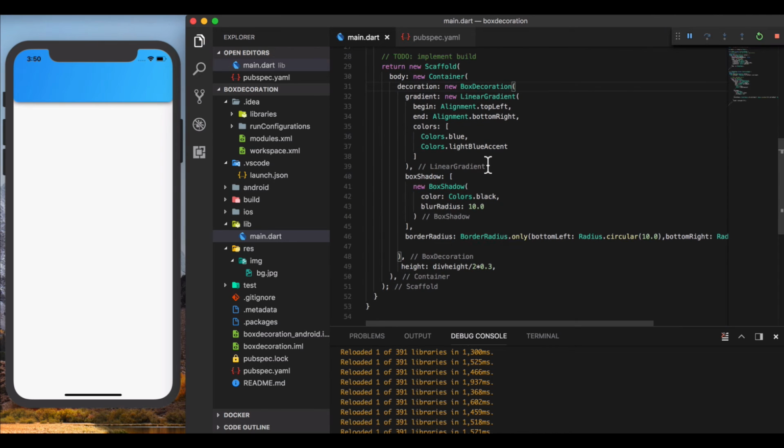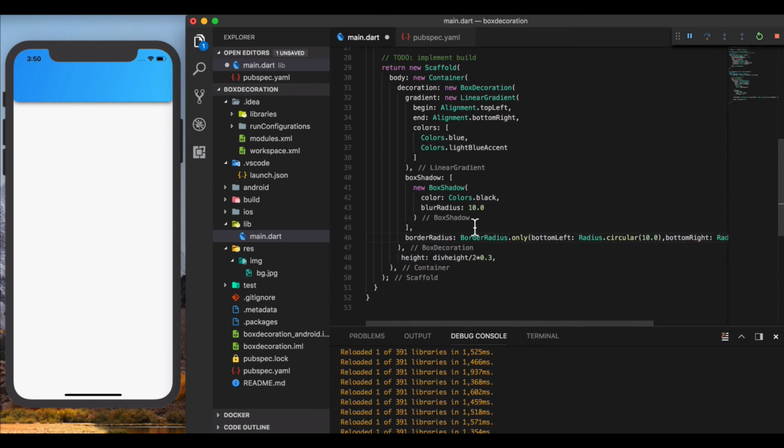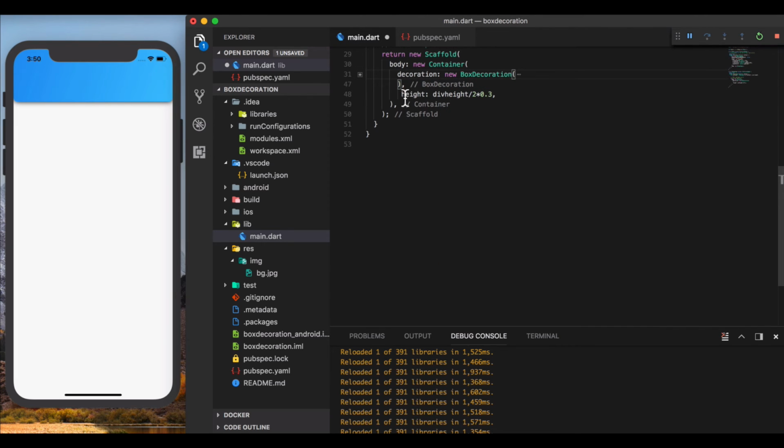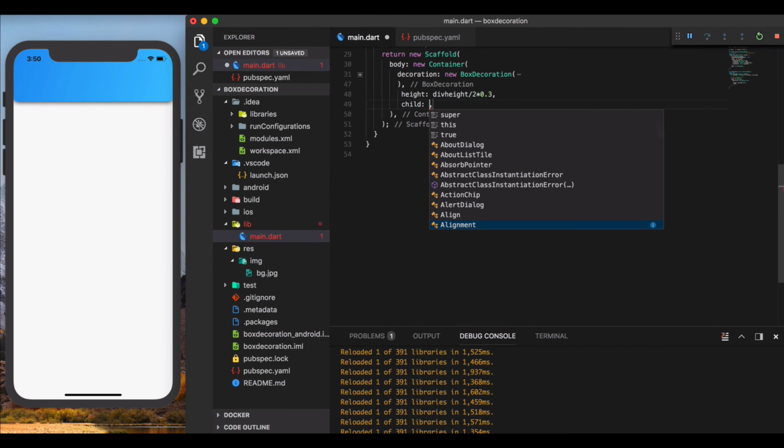Okay, so for now I guess we have achieved things, and the things remaining are the icons which we are going to use. So this was all about the box decoration. Okay, now the container is going to accept a child. Okay, and the child is going to be a